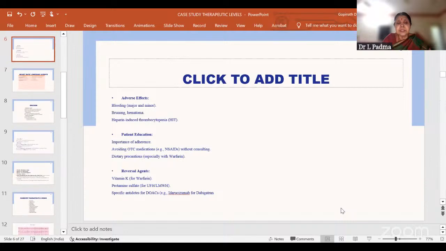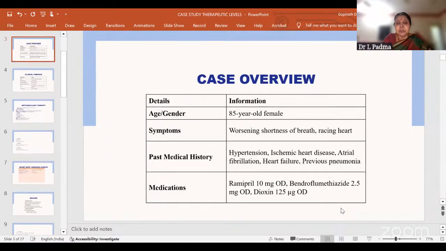Okay, so these are the ones I'll just show you. Hypertension: best are ACE inhibitors, ARBs, with one of the diuretics. Ischemic heart disease: again ACE inhibitors, ARBs, beta blockers, antiplatelets, statins. Atrial fibrillation: we have direct acting anticoagulants where we need not monitor. Heart failure, as I told you, anti-mortality drugs, all 5 drugs, and if the ejection fraction is low, we can